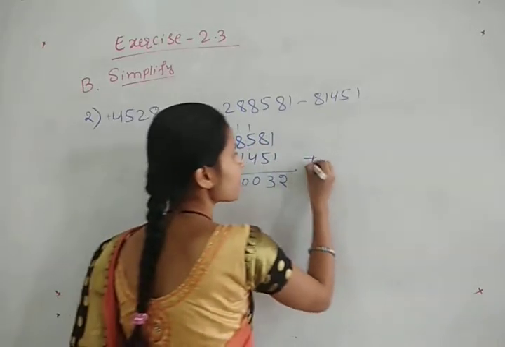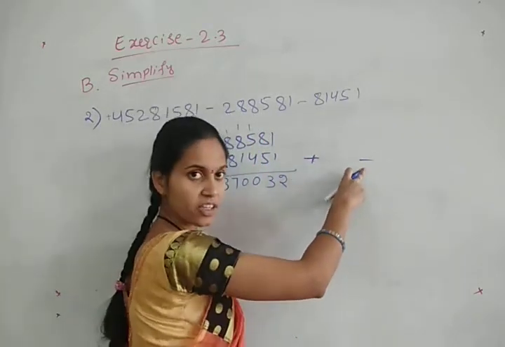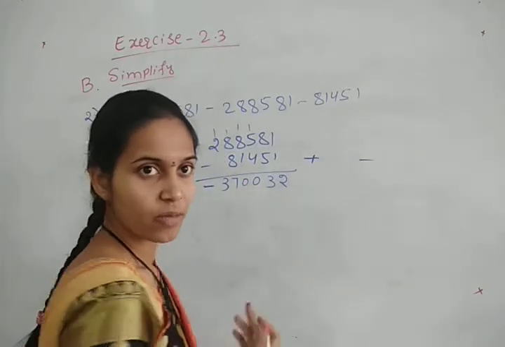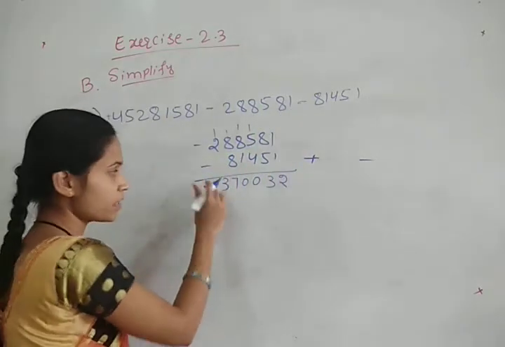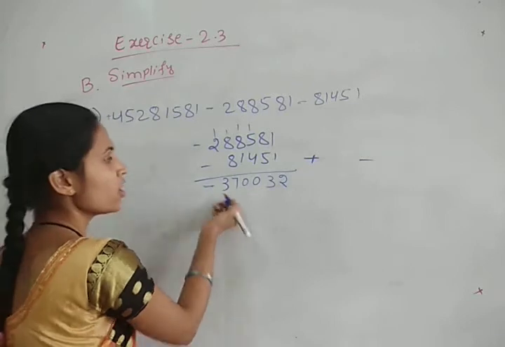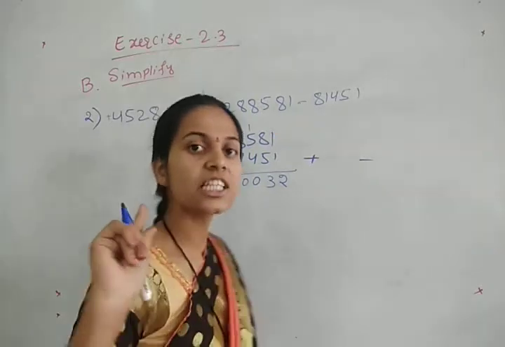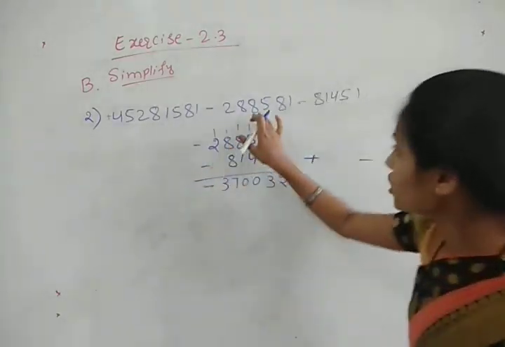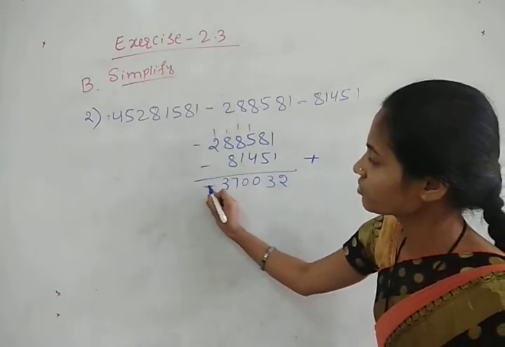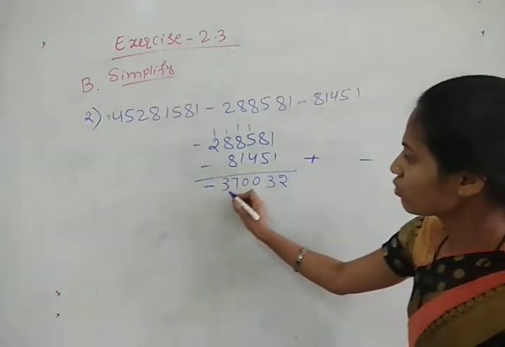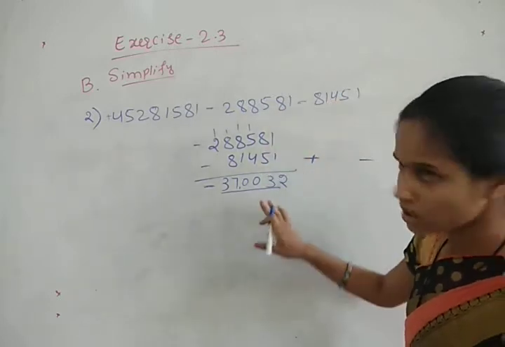So if plus and minus are there, if the symbols are opposite, here we are having plus, here we are having minus, then it is possible to subtract one from another. But here both are minus, which means we need to add. But lastly the symbol will be minus only. And one more case, if both are plus, you need to add those two numbers and lastly the symbol will be plus only. Okay. So here these two numbers are minus. We have added the numbers and we have kept the result with the minus symbol. Okay, now we have got this. So this is the result after adding these two numbers.